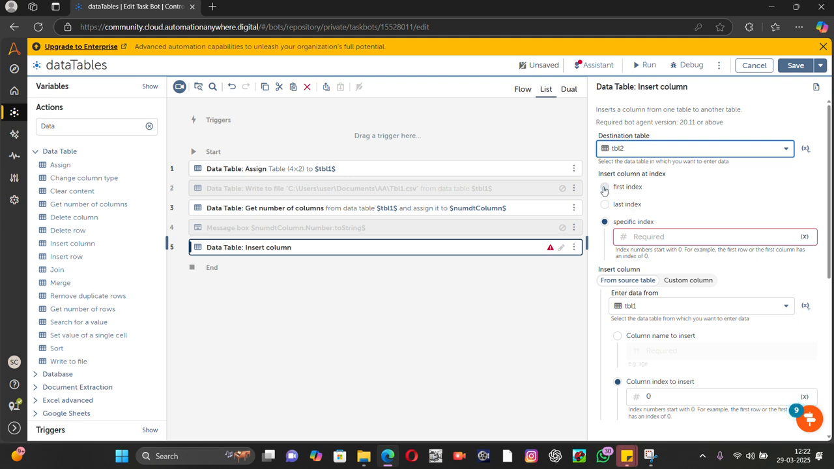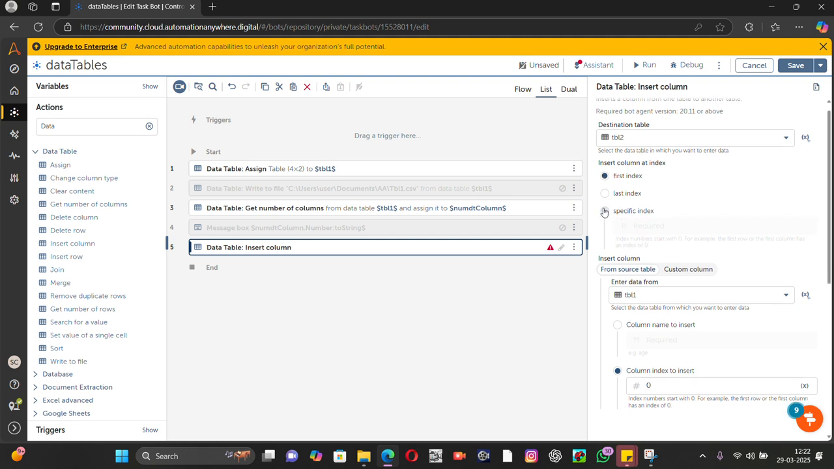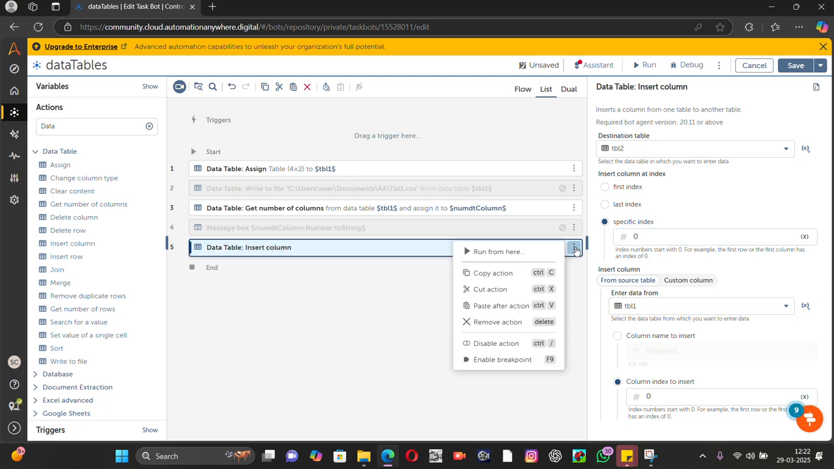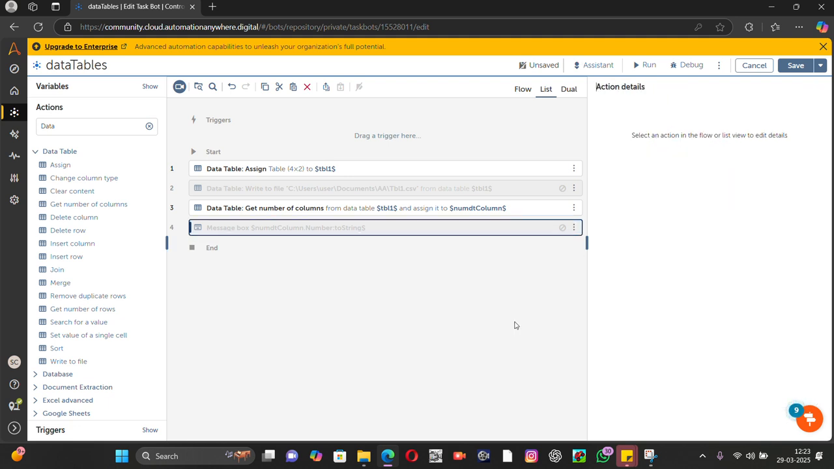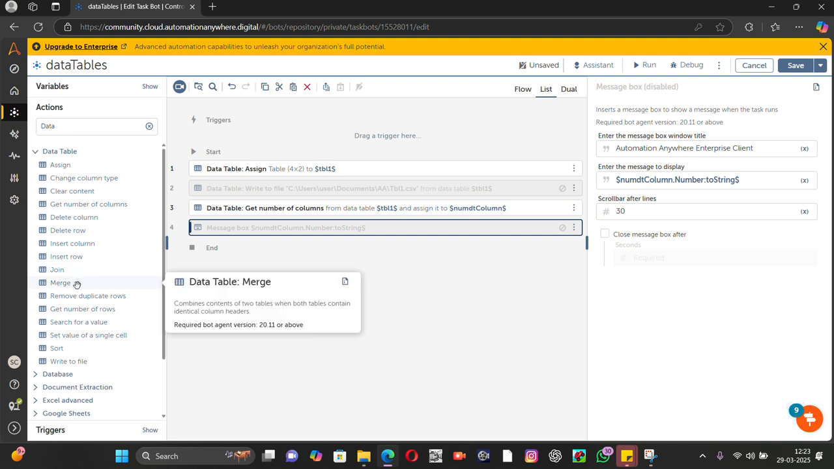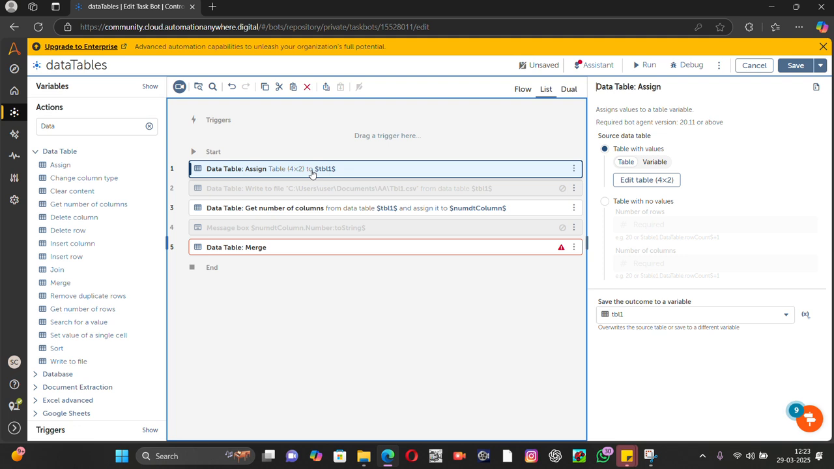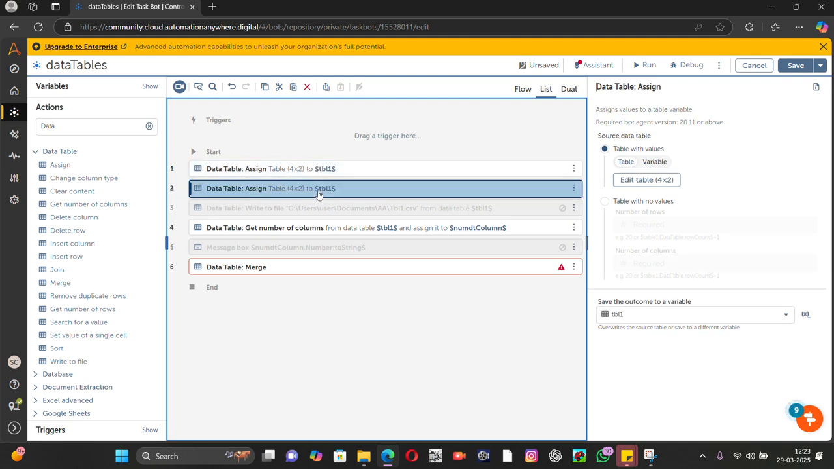Insert the column at first index, or if you want to assign a specific index, you can assign like that. We can add the data into the table. We can insert a column from one table to another table like this. I'm removing that. Let's perform merge. To perform a merge, we should have one more table, right? So I'm creating one more table. Control C, Control V,